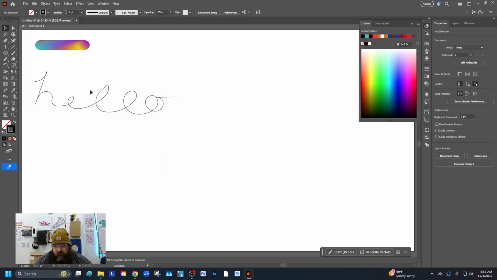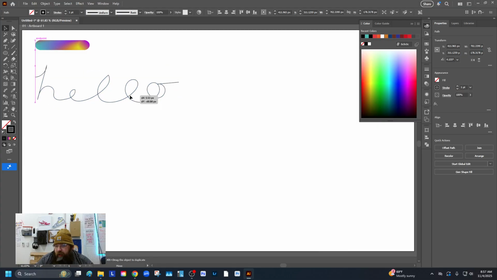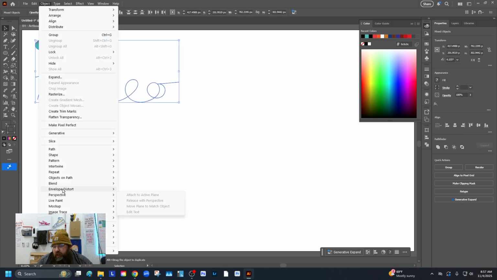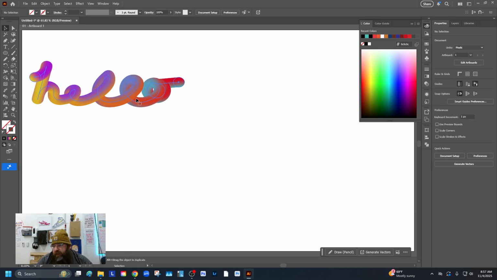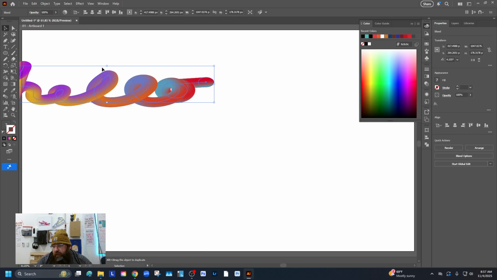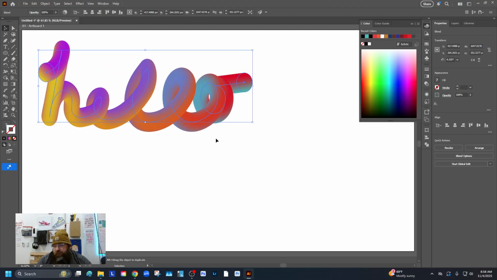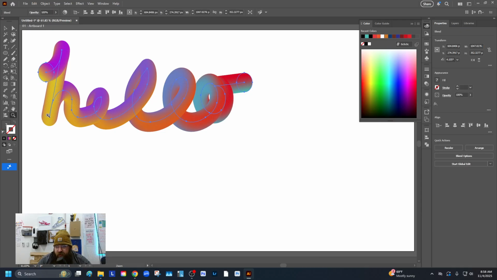All right. Now, we're about to do something that we've already done before. Okay. We are going to replace the spine. Okay, so we're going to select both of these here. Go to Object and go Blend. We're going to replace spine. And bam, look at that beauty. And we can adjust it how we need to there. Okay. That is how we'll get this nice and smooth transition, because we have a high